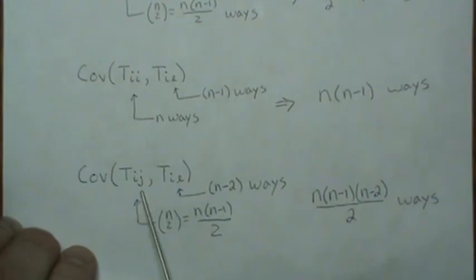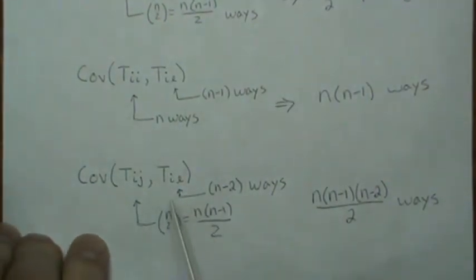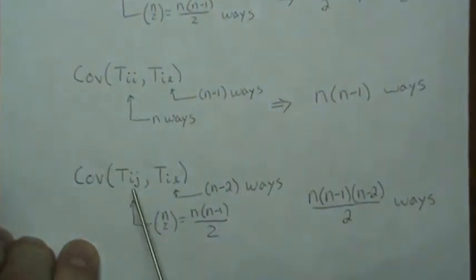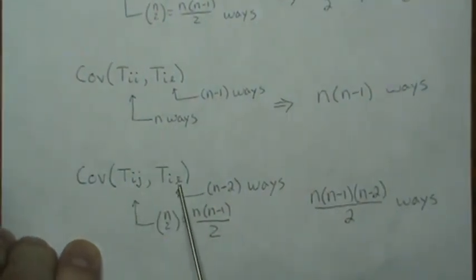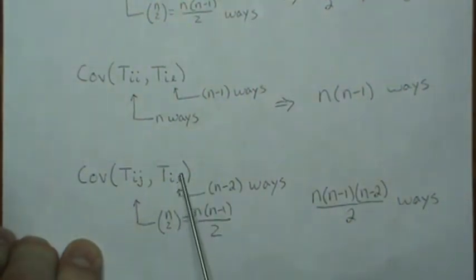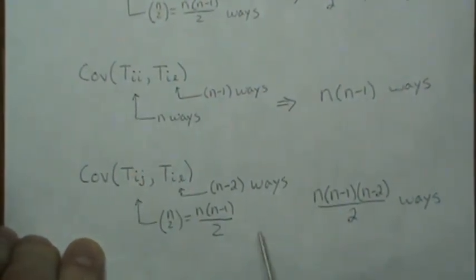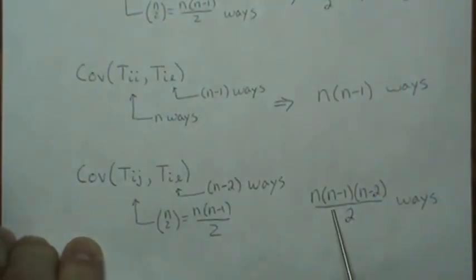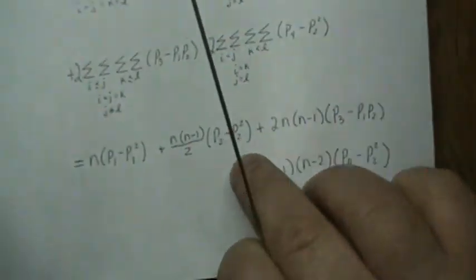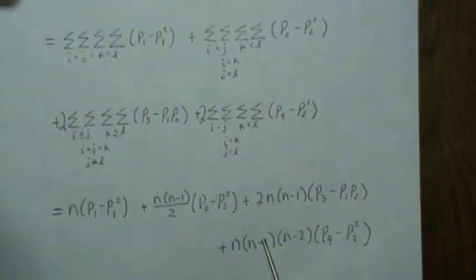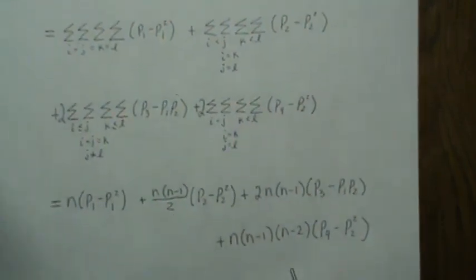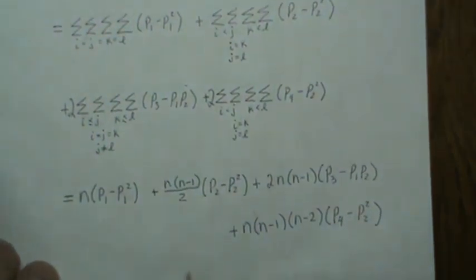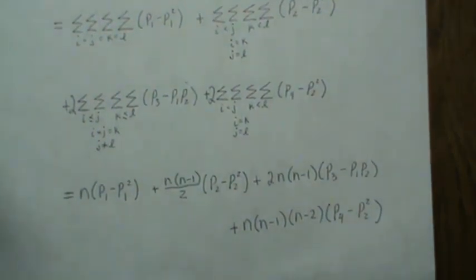And the last one is IJ and IL. So there's n choose 2 ways to pick 2 different indexes. But then once this is picked, there's only n minus 2 ways to pick another one that's not one of these. So that means there are this times that ways to pick it. And then, on the last page, that 2 canceled with the 2 in the denominator and just leaves this. So anyway, we are finished. We found the mean and the variance of